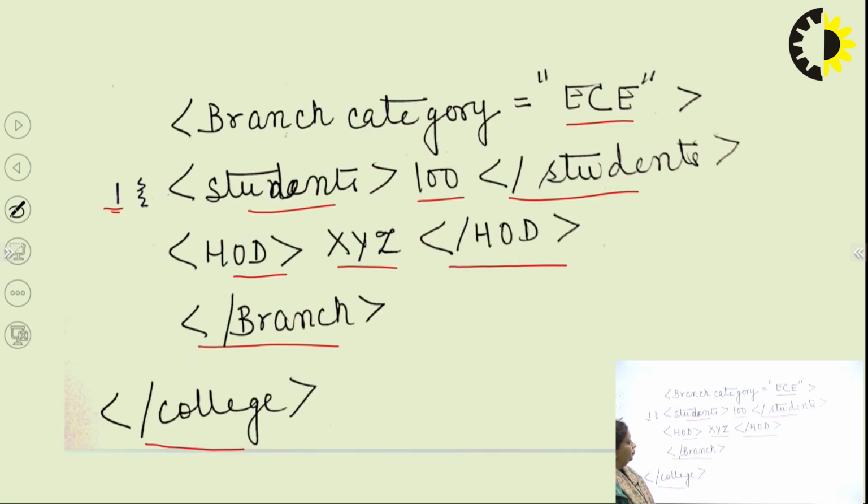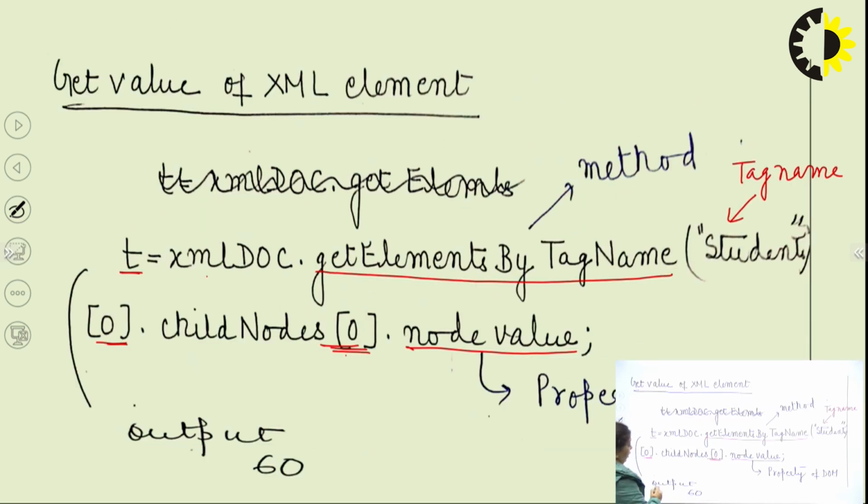So the output of my code here should be 60. So this is how I am getting this output. Suppose in place of having this 0, I have converted it to 1. Then child node